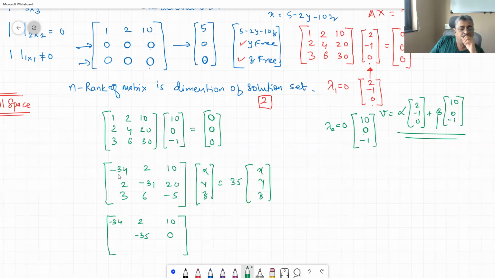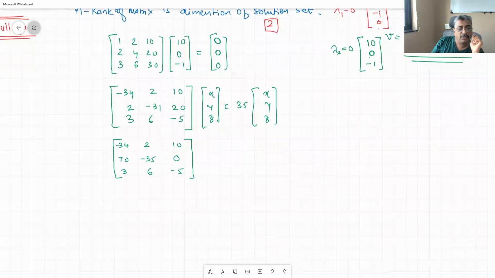Minus, this is 70. Is that correct? Then I take 3, 6 minus 5. I have just made 1, 0. Now let us make one more 0 there. Suppose I want to make 0 here, then I have to divide the original first row by 2 and add